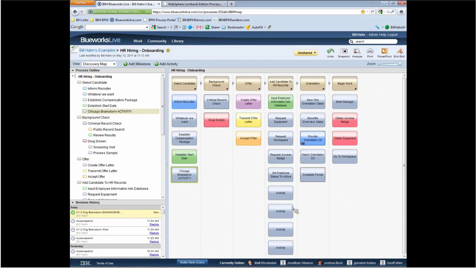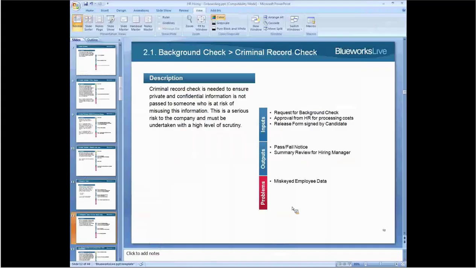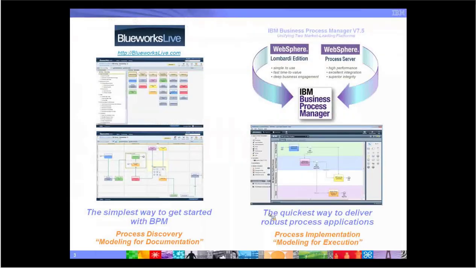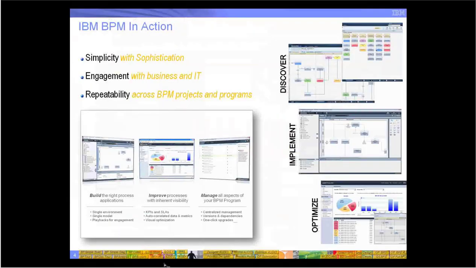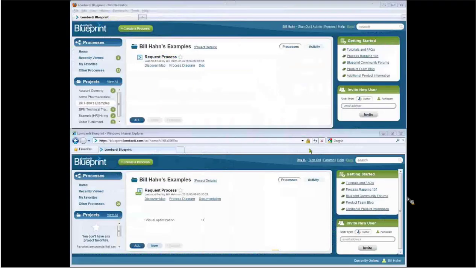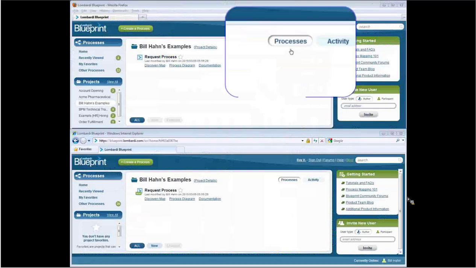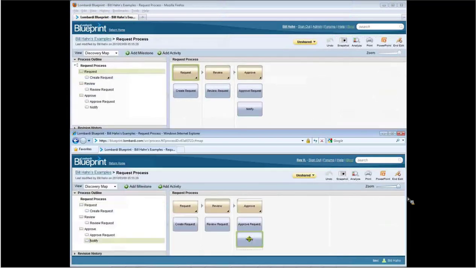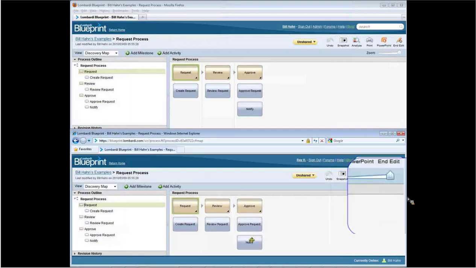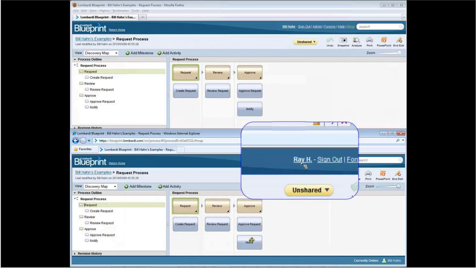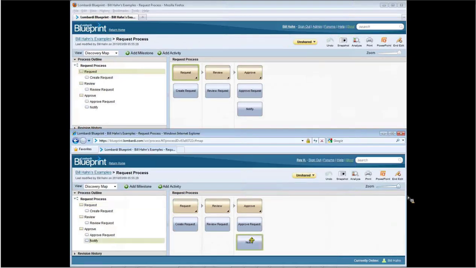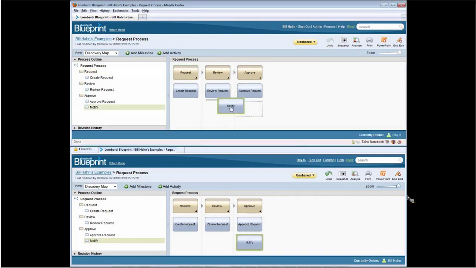Now, also when we're working with people on these processes, we can collaborate. And I'll just give you a quick example here. On the top half of my screen, I have Bill Hahn, that's me, working here in Chicago. And on the bottom half of my screen, I have Ray, and he might be working in New York, in some other city, in some other state. And you can see that when Ray moves an activity on the discovery map, in a near real-time fashion, Bill sees it move. If Bill goes and edits something, let's say we'll change the name of this activity from notify